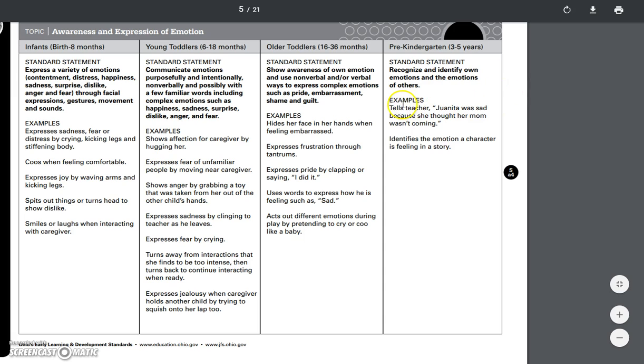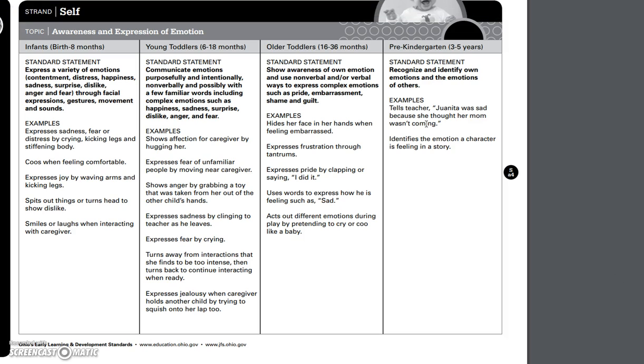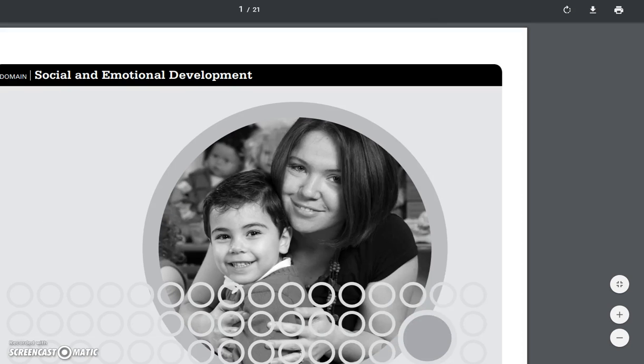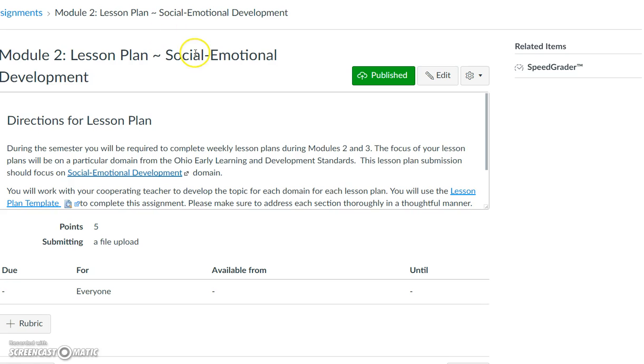And there are actual ideas and examples of what each area, which each standard and strand looks like under each one of the topics with the standards. You should be very comfortable and knowledgeable with these standards with your other classes, but this gives you a direct link into each standard based on each one of these lesson plans.